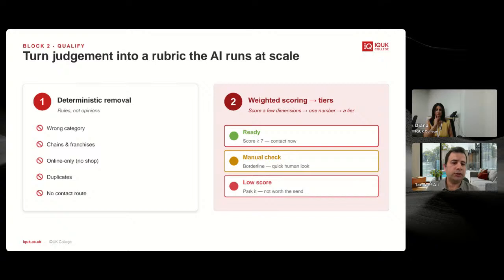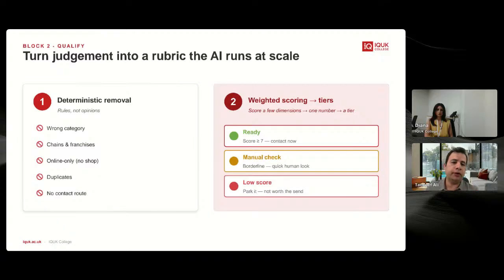If they got thousands of Google Maps reviews, they are not a small business. They are large ones. You can see if they are a chain or not. One chain with like 30, 40 stores, a multinational, that's not a small one. Also, if there is no email or contact route, you can remove all of these